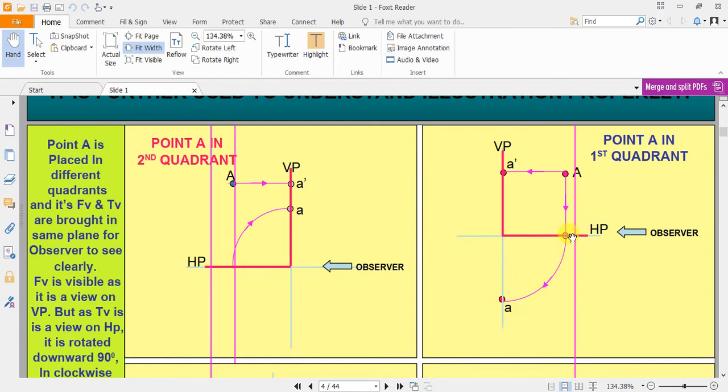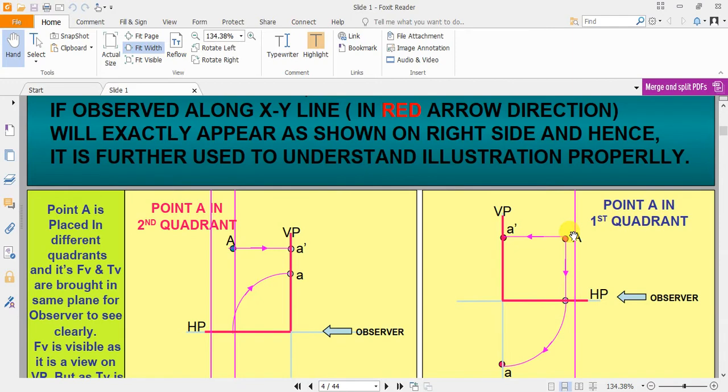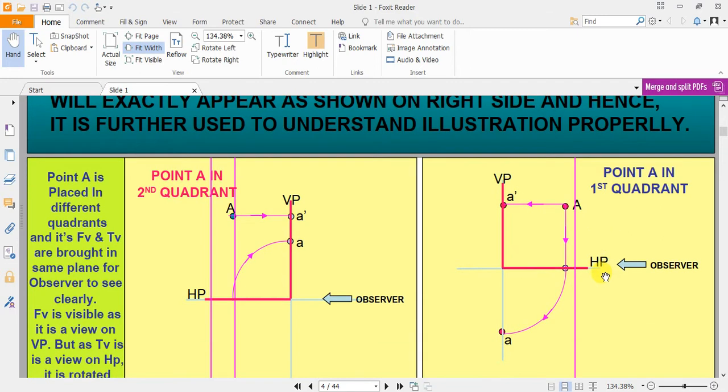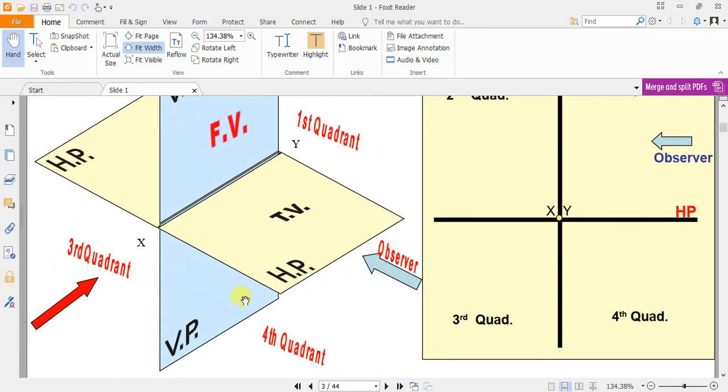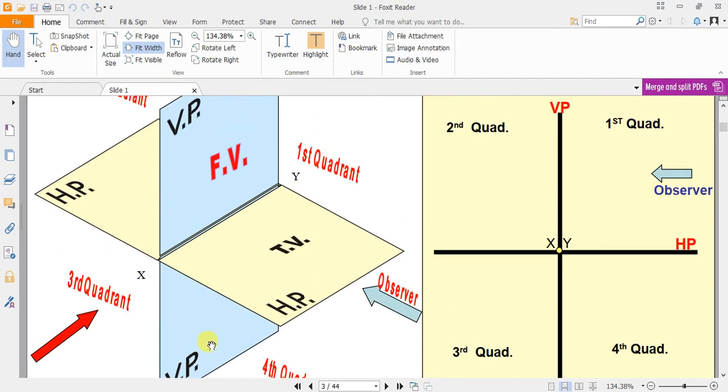Okay, in the case of projections we require a flat plane, one single plane. We are projecting on a 2D plane, so 3D projection is impossible, right? What we are doing is rotating the horizontal plane by 90 degrees, so that the vertical plane and horizontal plane align to create a single plane.